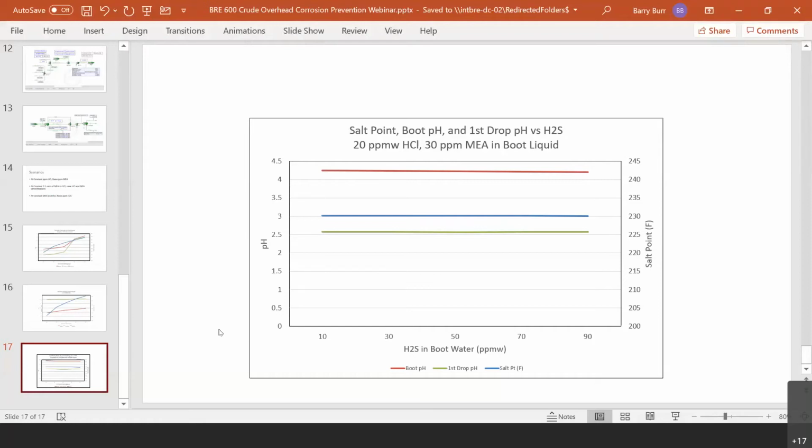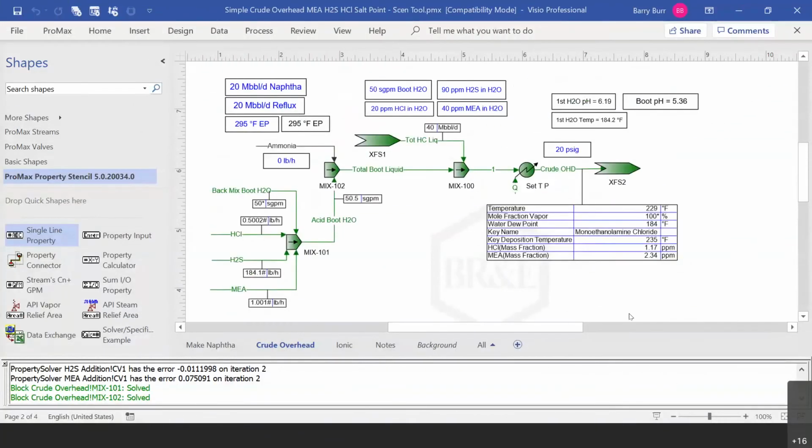However, what was surprising is that the pHs don't seem to be affected by the H2S compositions. The HCl and MEA seem to be by far the most significant variables affecting the pH of the boot water and the first condensed liquid. So that's all I have in the PowerPoint presentation. Okay,